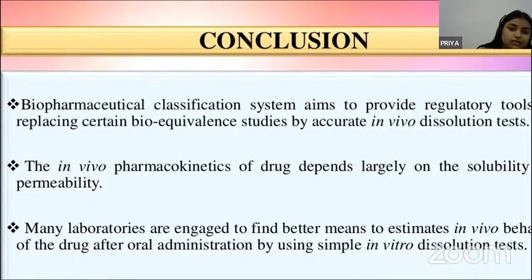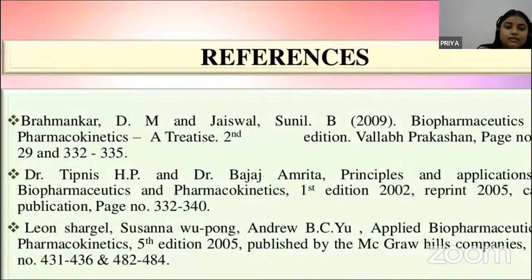By using BCS classification, we can save our time, we can save our money, and it can give us the ideal characteristics of a drug for that particular solvent and drug substance. So, in case of novel drug delivery systems, we can use BCS classification as a weapon to develop any novel formulation. These are some references